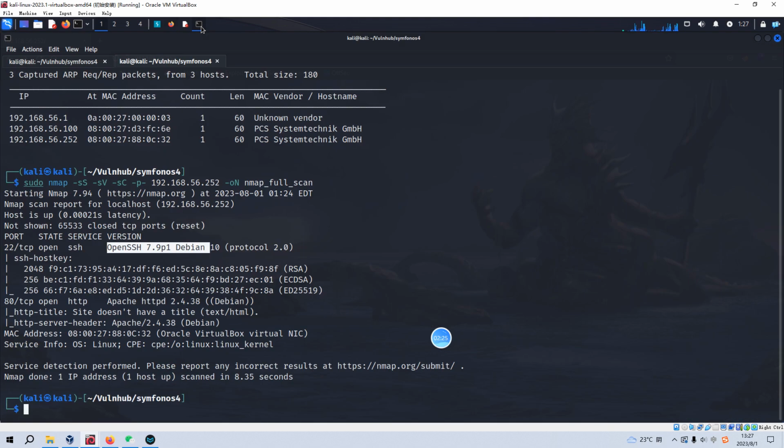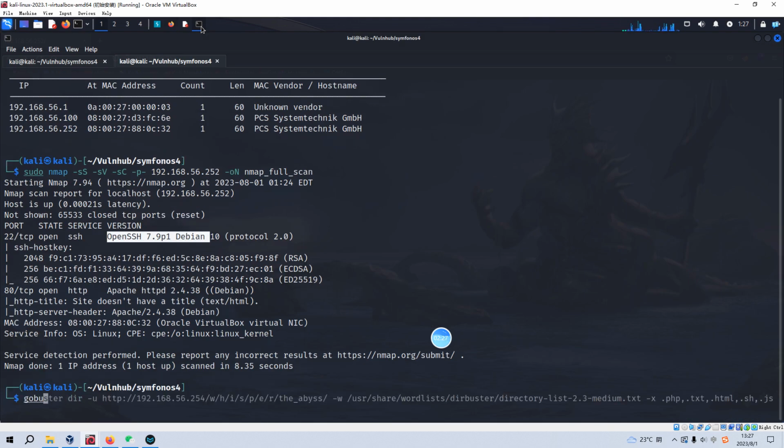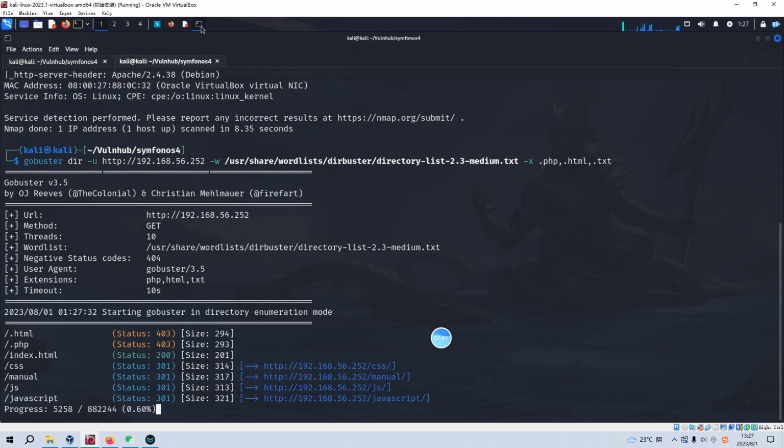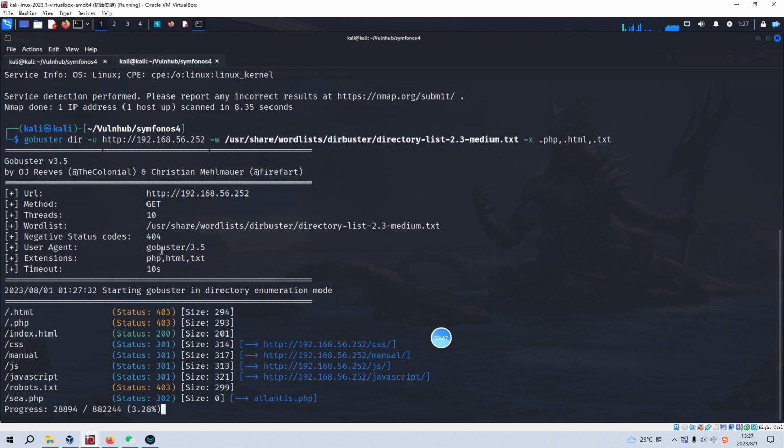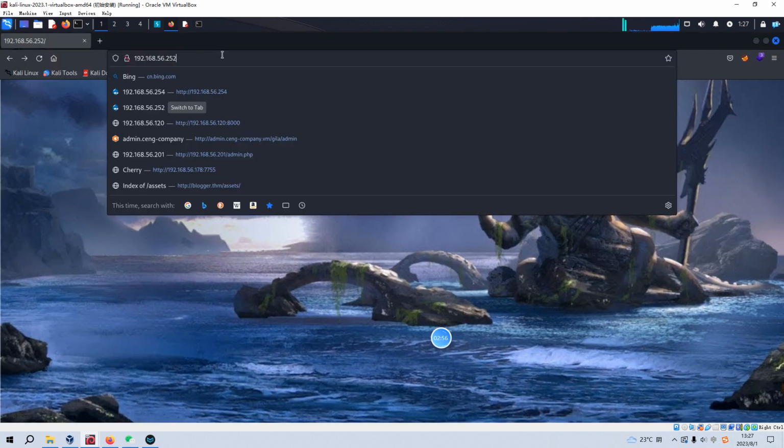We can use tools like Nikto and GoBuster, and specify the IP address of the virtual machine, and then hit enter. Now we wait for this to be completed. Yeah, we have already got one file, c.php, and we can access this file,